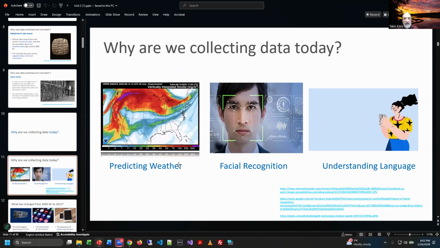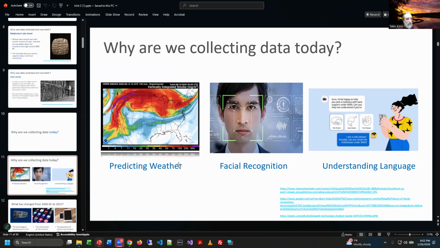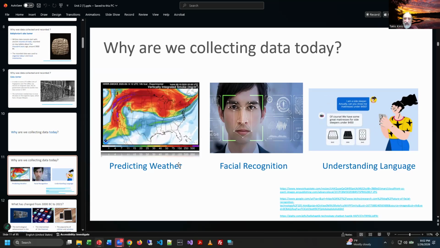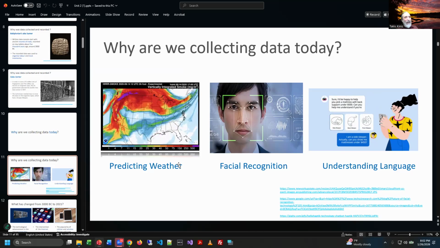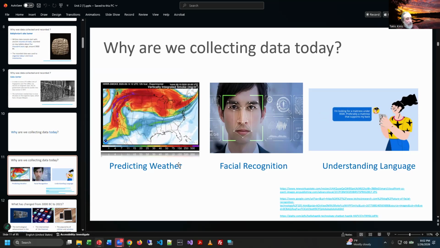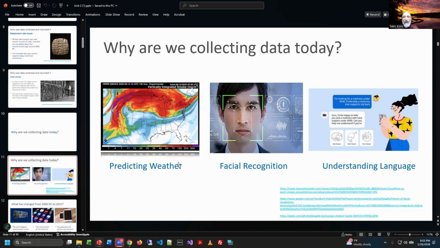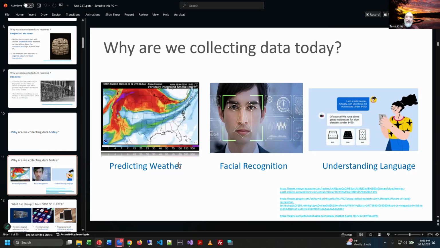And I had a great example of it this weekend. I was looking at the weather forecast, and the National Weather Service was predicting that we would have a half inch of snow overnight, maybe an inch in some areas. I woke up in the morning to about 4 inches of snow, and I was like, how can their forecast be so wrong? The data that they're using somehow was flawed, but all it takes is a little bit of a shift of an air pattern and you got more snow.